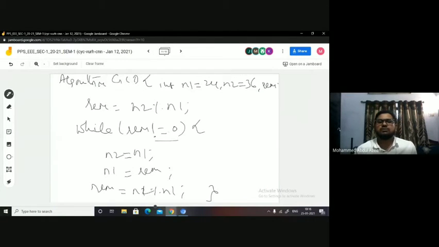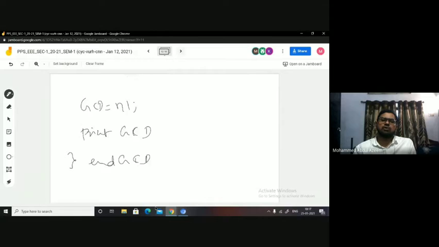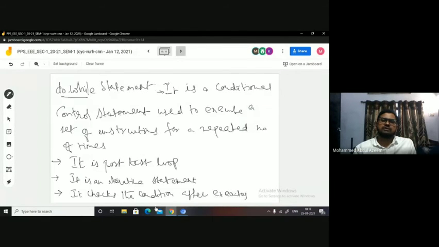In GCD of 2 numbers, what we have done is we have divided n2 with n1, then the remainder will be taken as the divisor for the next division, and the present divisor will be taken as the dividend. Okay, and then you go for the operation until you get the remainder 0. When the remainder is 0, the divisor is the GCD, is the logic behind. So we now try to execute this with the help of do while, and we'll see the difference.